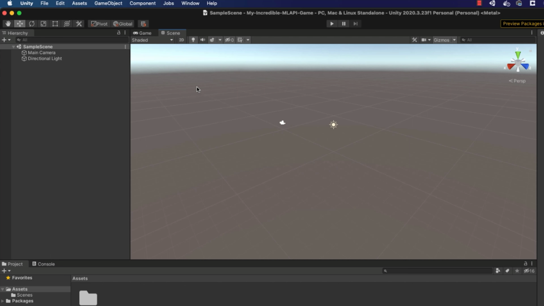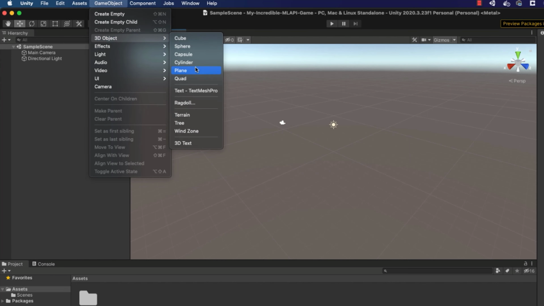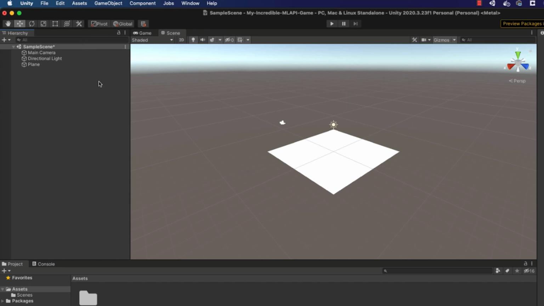As we're building our Unity multiplayer networking game, the first thing we're going to do is add a new game object. We're just going to add a 3D object, which is a plane. That plane will be our game area, and later we're going to have a player that's going to move around in this area. But for now, we're just going to leave it simply a plane sitting in our scene view.